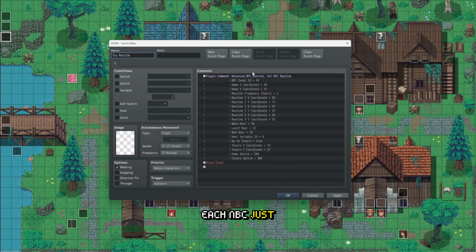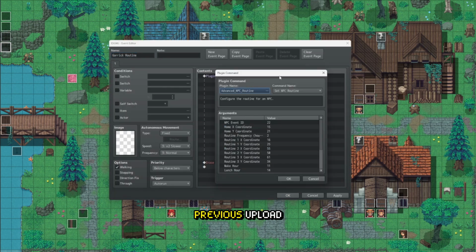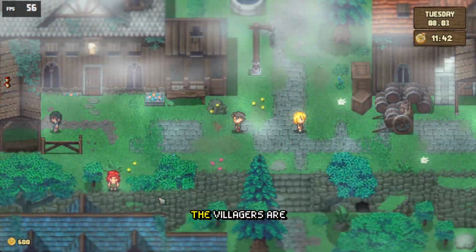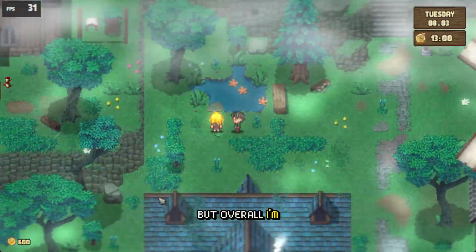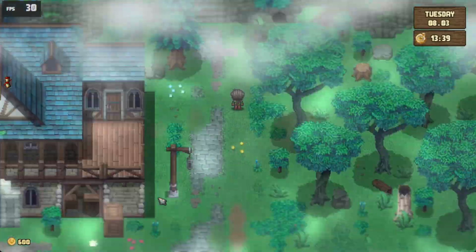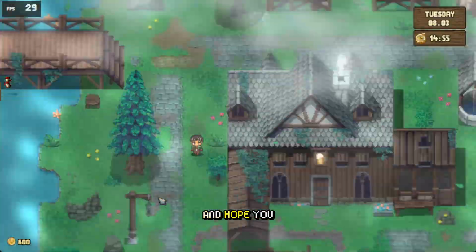Each NPC just has its own event. Testing it a few times, it was all working as you saw on the previous upload, and you can see at the end here, the villagers are following their routines. There's still some improvements to make, but overall, I'm quite happy with the dynamic villages in Aether Brew, and hope you enjoyed this